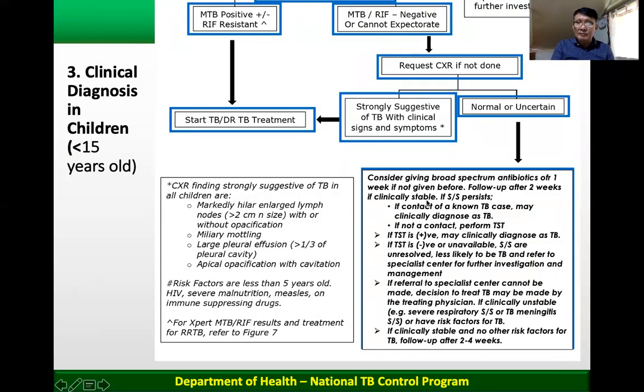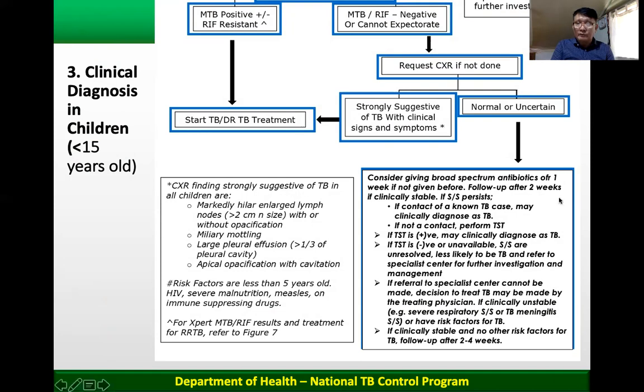If clinically stable, fine. If signs and symptoms persist, you have to determine if the child is a contact of a TB case, who may be clinically diagnosed as TB. If the child is a contact and the signs and symptoms still persist, then you can diagnose as clinically diagnosed TB. If not a contact,